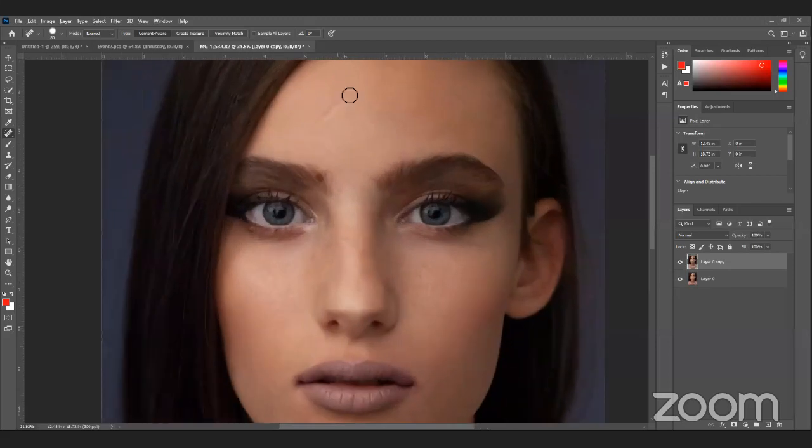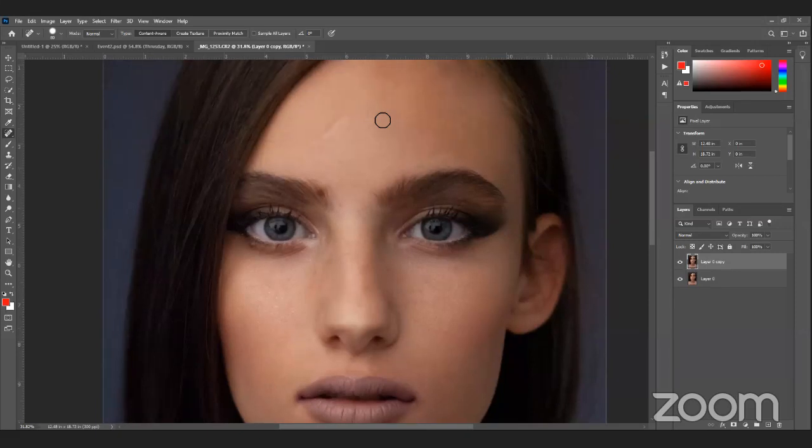Now you can see this cut mark is there, so how can we get rid of this also? For that I use the patch tool. Click on the patch tool, and you have to select an area, just drawing a line or selecting the area, and then use the source and drag it somewhere else.